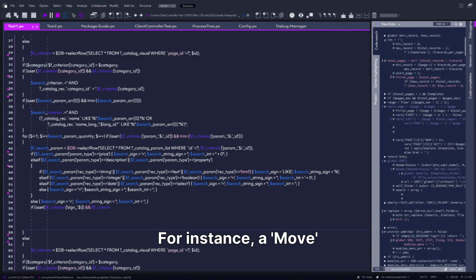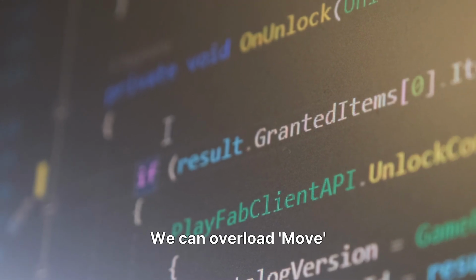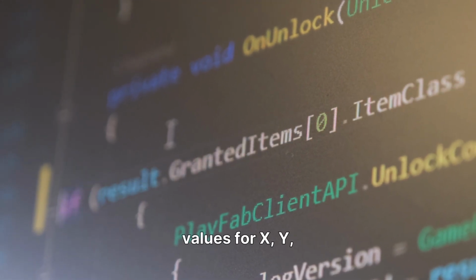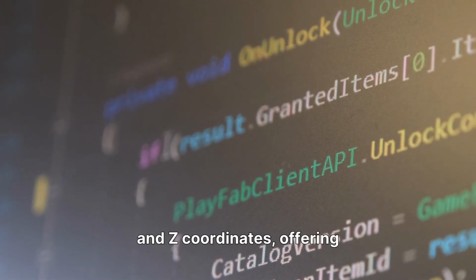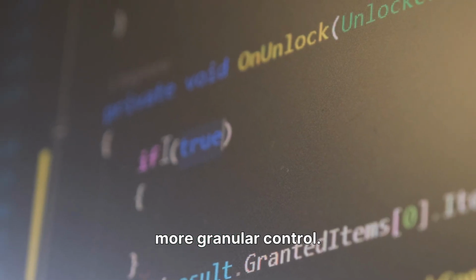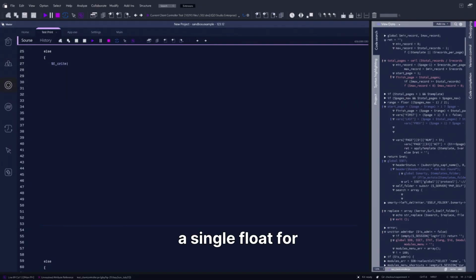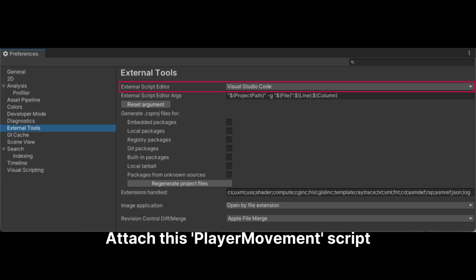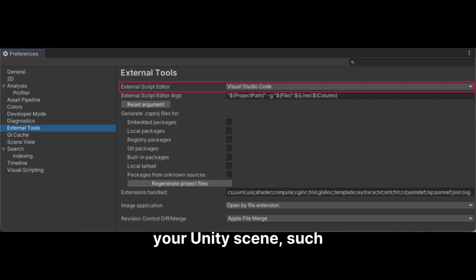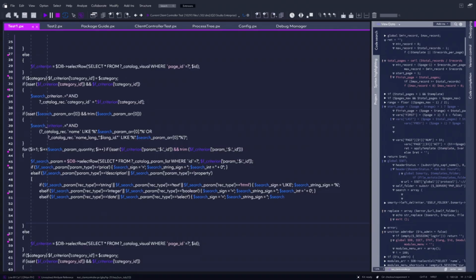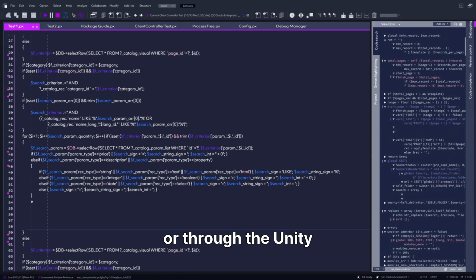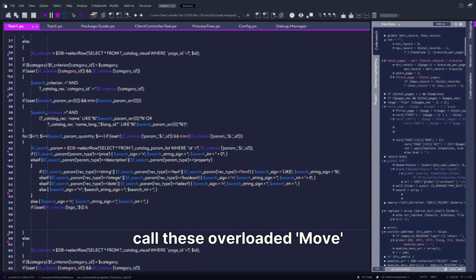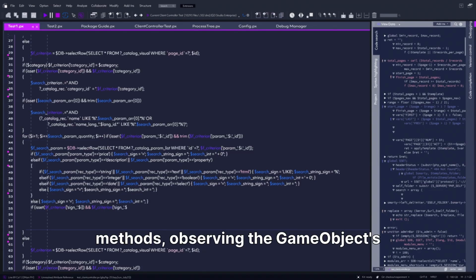For instance, a move method that takes a vector 3 for direct position. We can overload move to accept separate float values for x, y, and z coordinates, offering more granular control. Another overload could take a single float for speed, moving the object forward based on its current orientation. Attach this player movement script to a game object in your Unity scene, such as a simple cube. Now, from another script or through the Unity Editor's inspector, you can call these overloaded move methods, observing the game